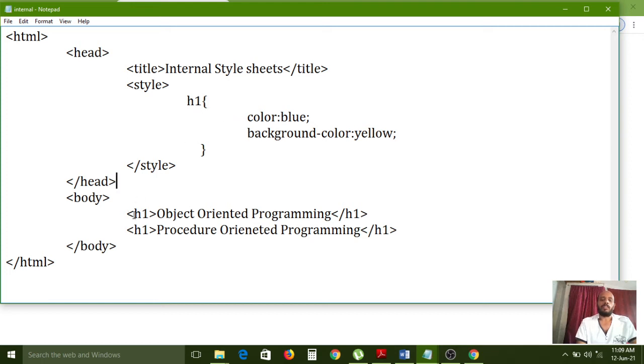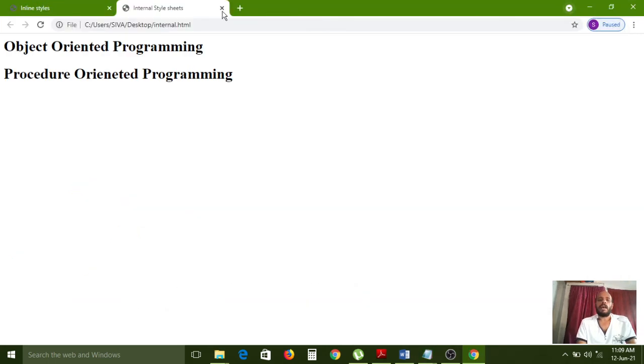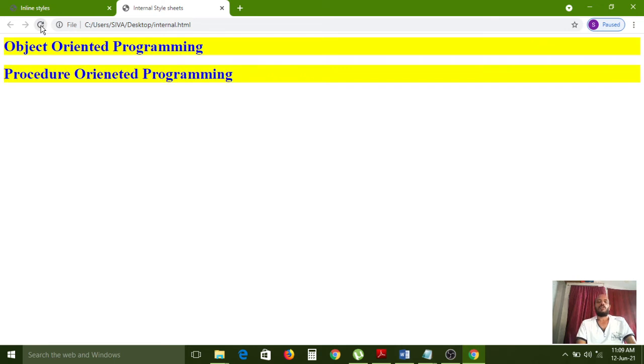While executing, every h1 element imports all these properties and shows the output with those styles. Now I am saving this one. Again I am executing. Carefully observe. Now all are applied with the same styles, because both headings use h1 elements. Same h1, so that's why both headings are applied with the same styles.